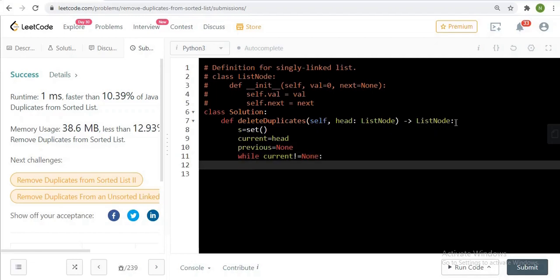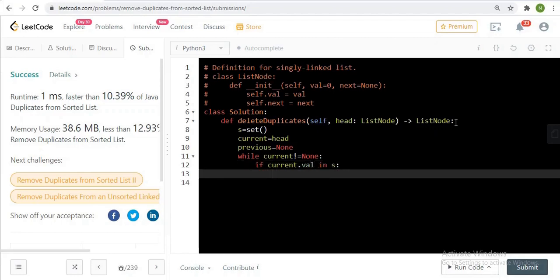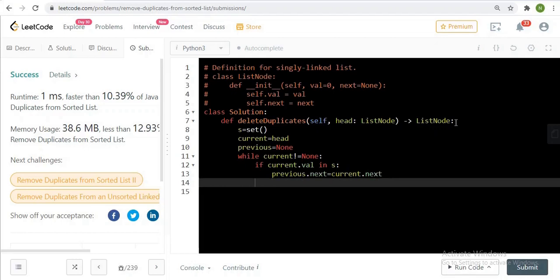While current is not equals to none, then check if current dot val in s. If it is present in s, then we can simply set previous dot next is equals to current dot next. But what happens if it is not already present?